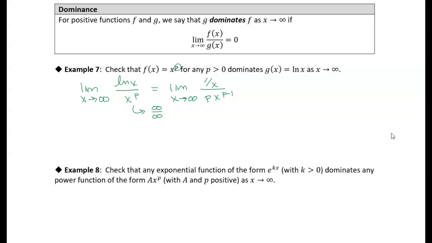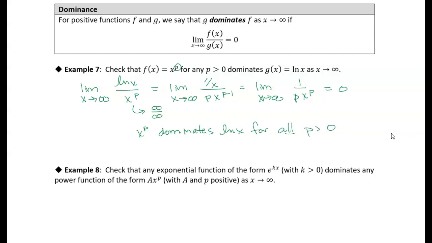Now we can rearrange that. This is the same thing as the limit as x approaches infinity of 1 over p x to the p. The natural log just totally went away. And you can see that 1 over p x to the p is going to go to 0. So that tells us that x to the p dominates the natural log function for all